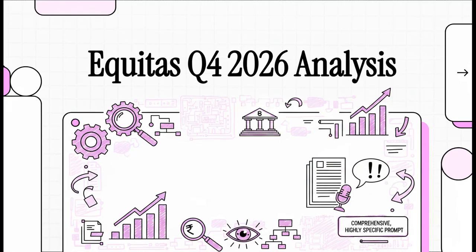Let's jump right into today's explainer. We're taking a truly investigative approach to a very specific, kind of fascinating financial analysis request. Now, normally we're breaking down dense reports or pulling apart established data, right? But today, our source material is actually a highly specific, multi-layered prompt regarding Equitas Small Finance Bank. We're going to deconstruct the anatomy of this exact inquiry.